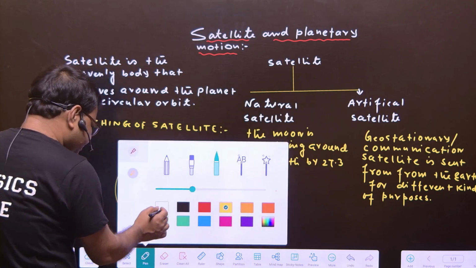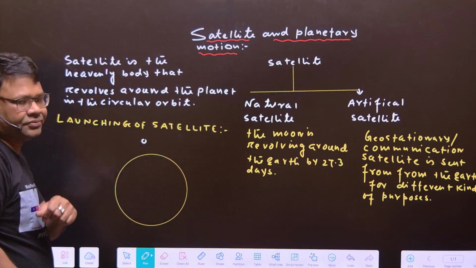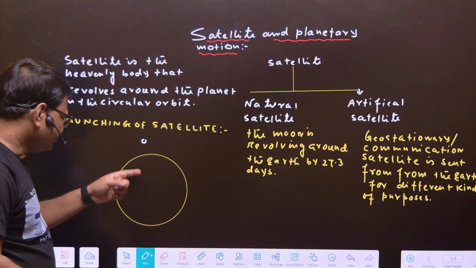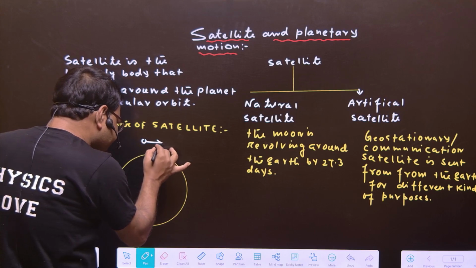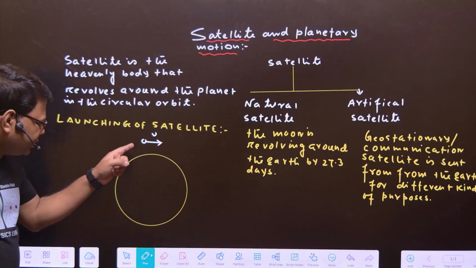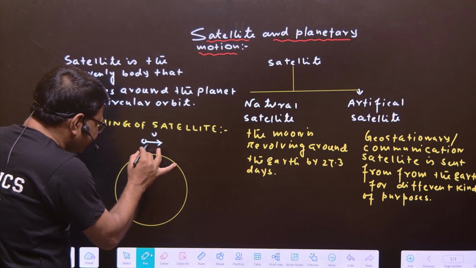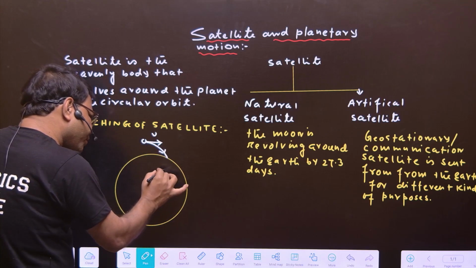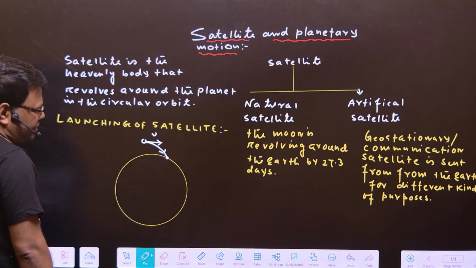And also assume, suppose here we are sending the rocket. Suppose we are sending the satellite from this height. Give the horizontal velocity v to the satellite like this. Assume the initial velocity is very small. So what will happen? Due to gravity, the satellite will fall like this, or any object will fall on the surface of the earth.